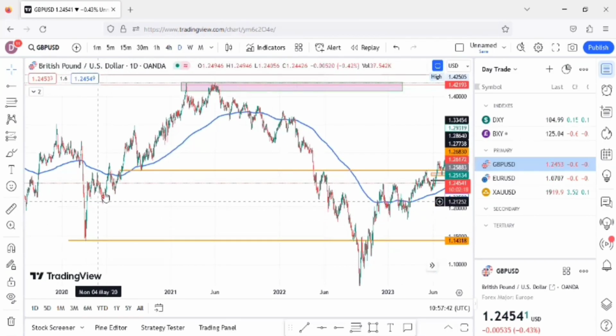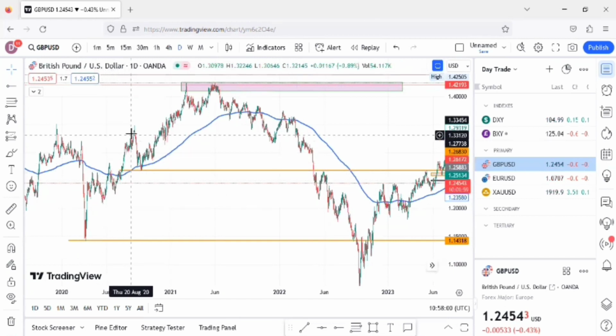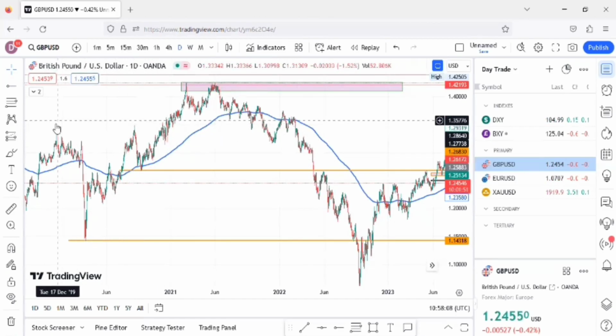We have a move to this point. From here we have the low, high, low, higher low, higher high, higher low, higher high, higher low. These are just moves. Markets move in zigzag. These are just moves, higher lows and highs, created for the market to continue its upward move. But on getting to this high,